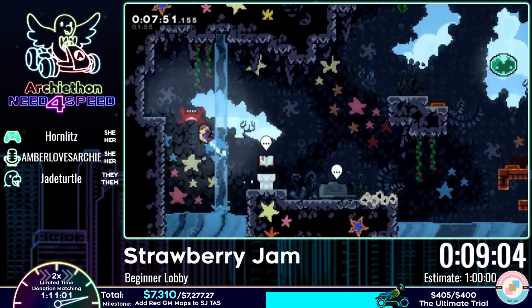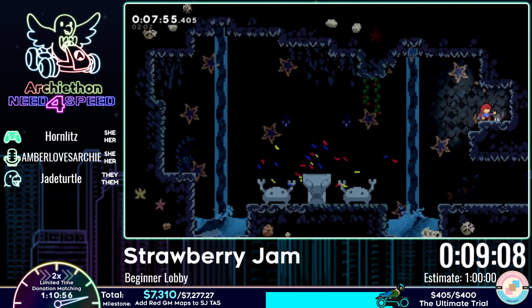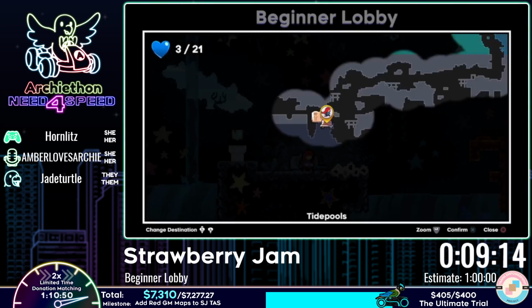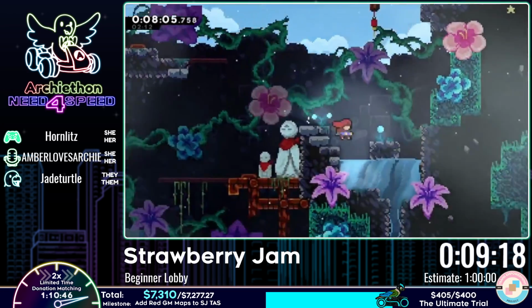All right, so here's the crab secret, and of course, there's our second cat. All right, now I'm just gonna warp back to this one and continue on with the normal route. There's probably a faster route, but